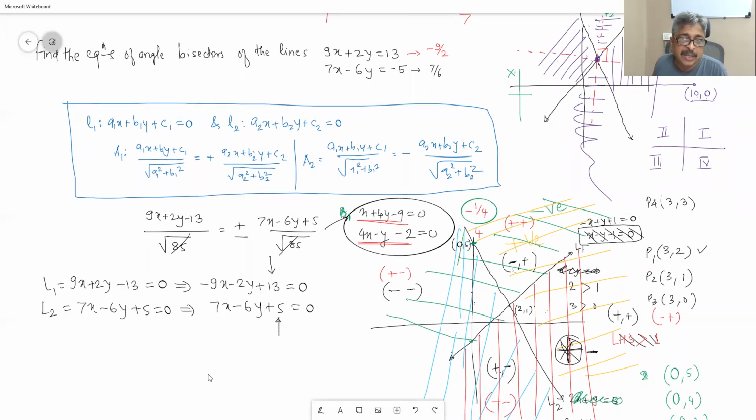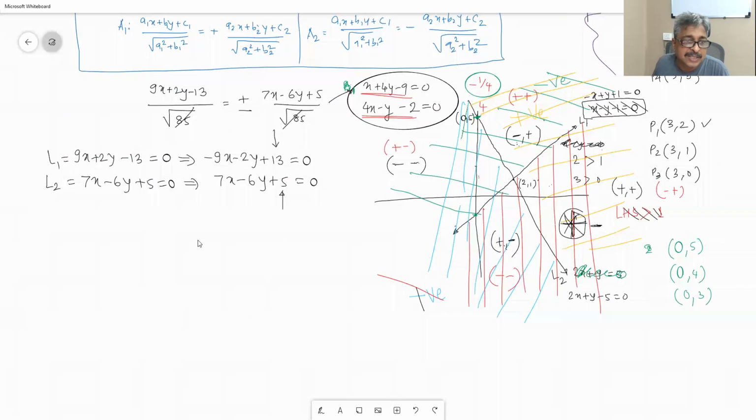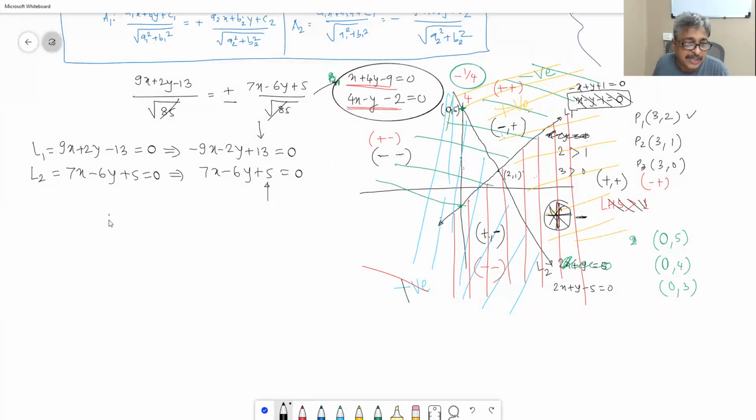Therefore, what will happen if I draw these two lines in the actual plane, which we drew. So I am replicating that diagram, something like this. The slope of this was negative and the slope of this one was positive. This was almost a 45-degree line.